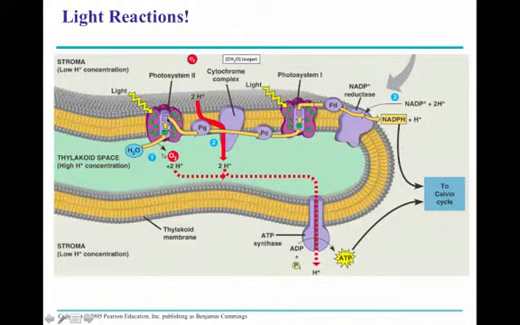Now those electrons, after they're jumped to their higher state and lost from the chlorophyll molecules, move down the electron transport chain to photosystem 1. And then they're put into another electron transport chain right after they leave photosystem 1. So let's take a look at the process of electrons moving from photosystem 2 through the first electron transport chain to photosystem 1, and then through the second electron transport chain, and what all is involved